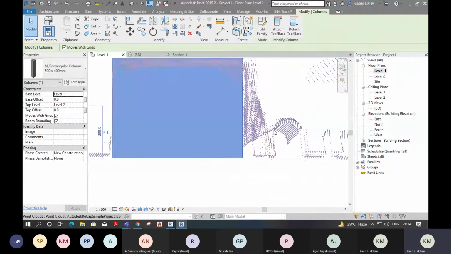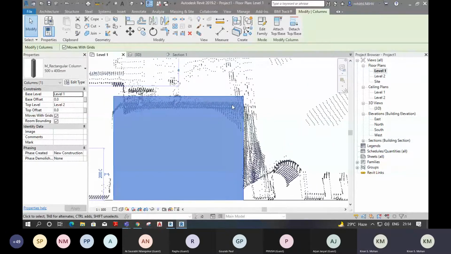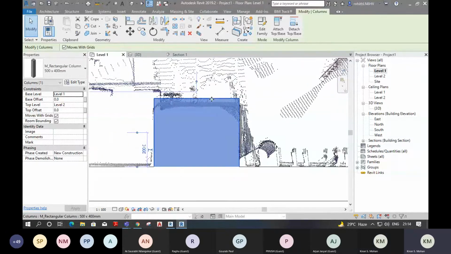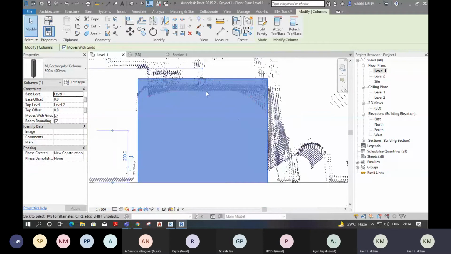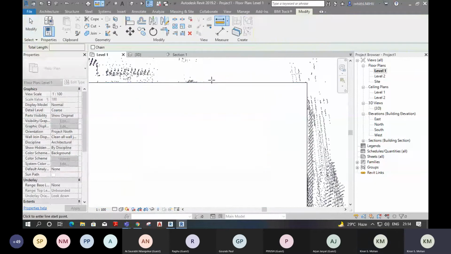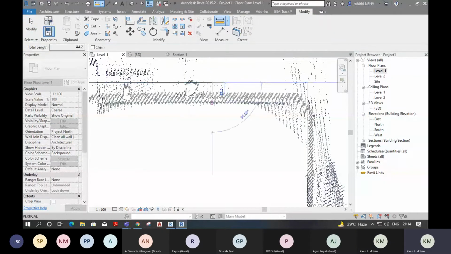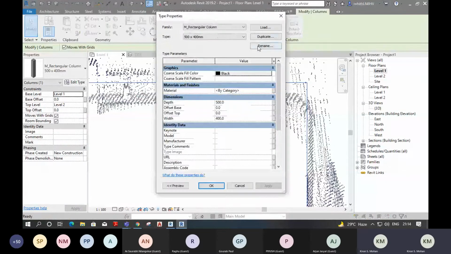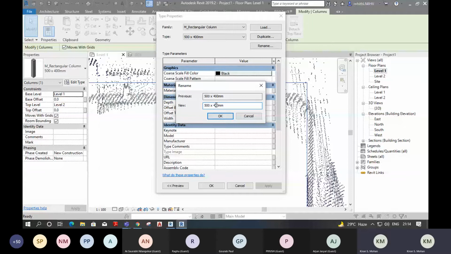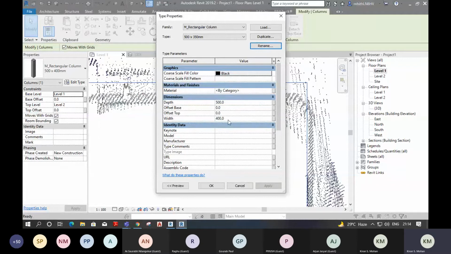I think we can reduce this dimension to 350 because it is not 400. So we can select 350 because the surface is somewhere here. Yeah, we can reduce 50 mm. Go to edit type. Let it be 350. Point cloud modeling is almost like a mass modeling. Okay, so it's almost aligned.